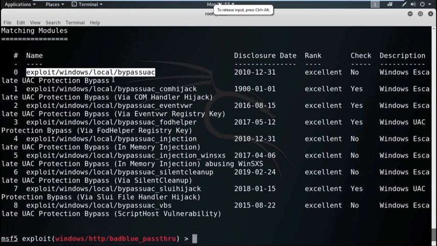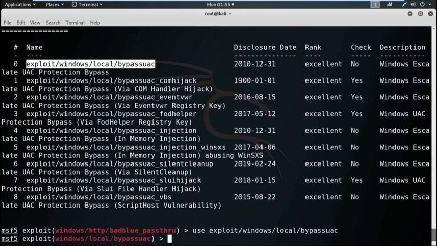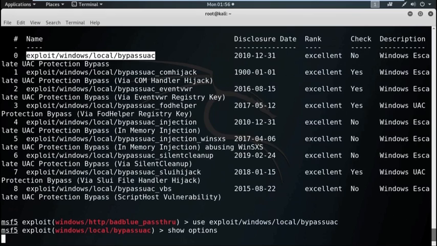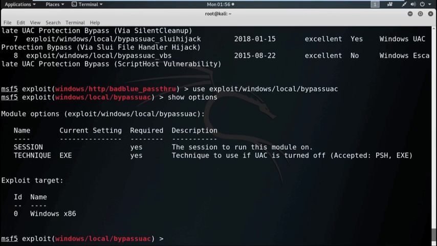Suppose I want to use the first one. Now, by using the command show options, we can check all the options we need to set within this particular exploit. We need to set the session. We want to send the session ID 2 with the administrative privilege. So, set session as 2.